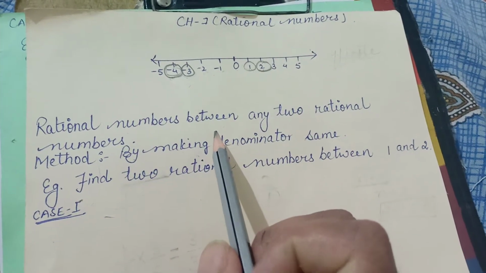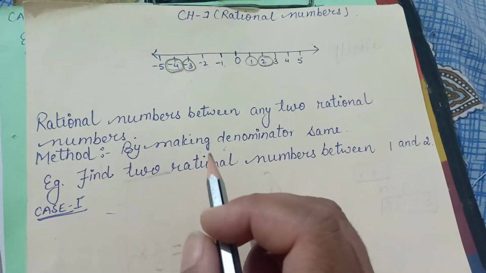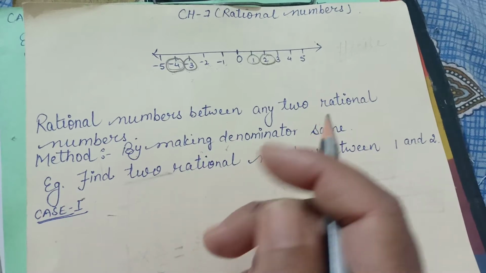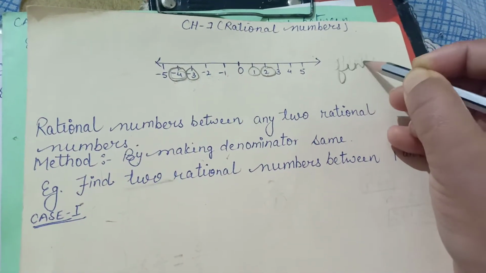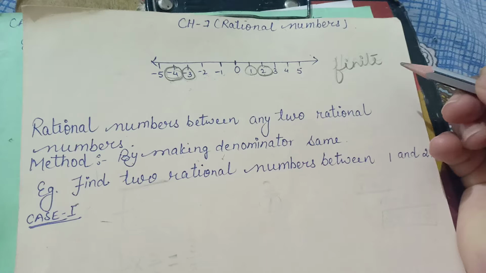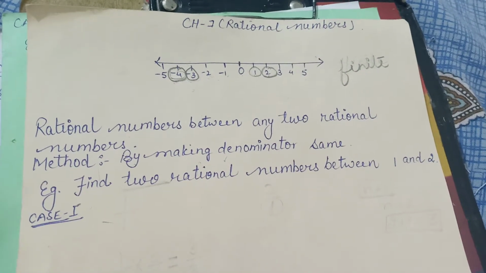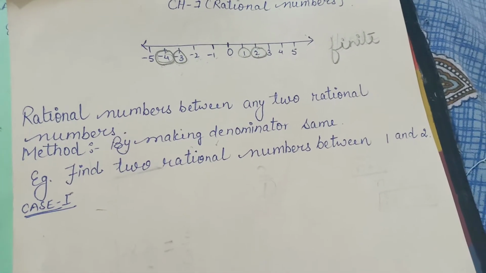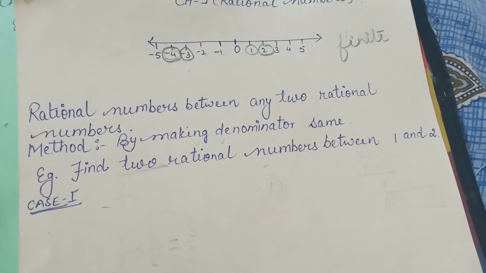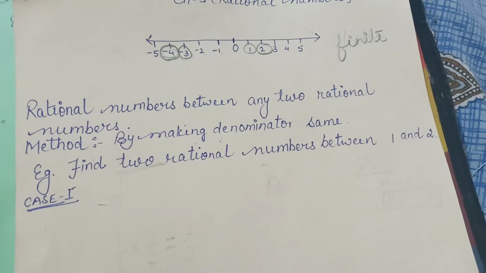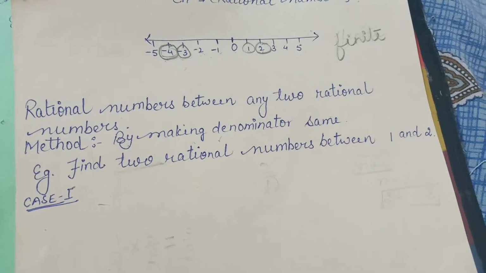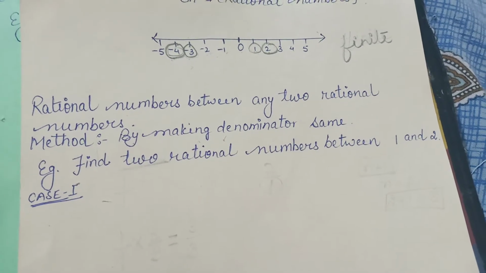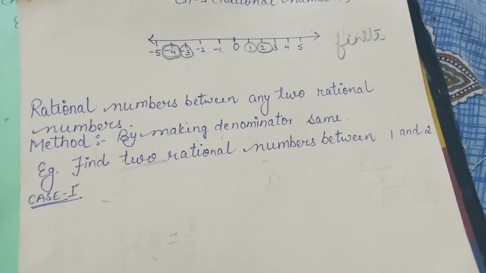So here we can conclude this, that there are a countable number of integers between any two given integers. Countable means finite. So we can write there are finite integers between two integers. And similarly, when we have to find out in between two rational numbers, so there are infinite rational numbers between any two given rational numbers. Infinite means uncountable. As many rational numbers as we have to find out, that much we can find out.